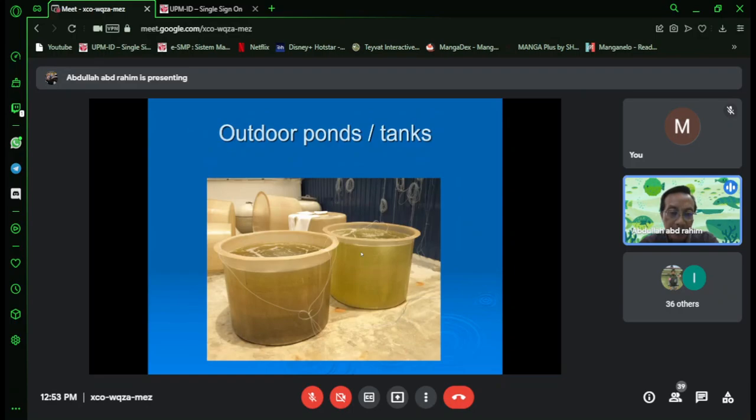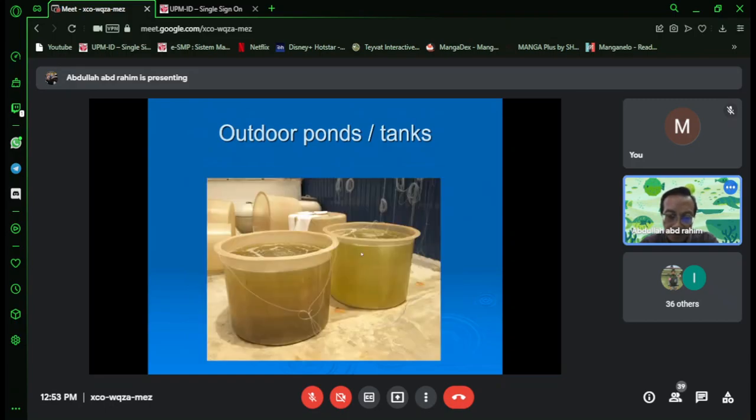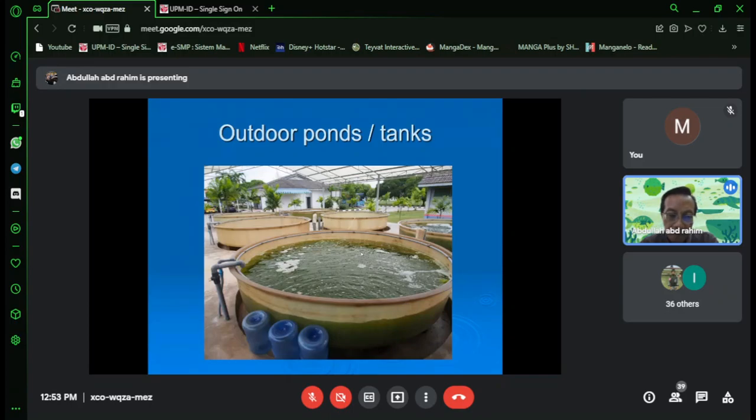This is another outdoor tank. You look at this color, brownish, right? So this is your Chitosaurus. This is your Nanochloropsis. Different color, different species. This is Nanochloropsis. Again,